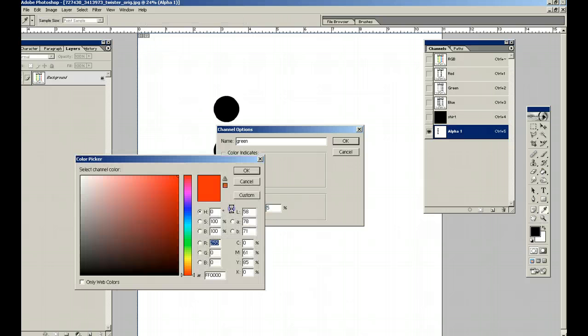Make it green by clicking on this, picking out a green that's close, and I want something more like a Dallas green. So there you go. And one other thing you can do is if you have a Pantone swatch book, say I know I have a green from a particular company that I like, and I've taken my swatch